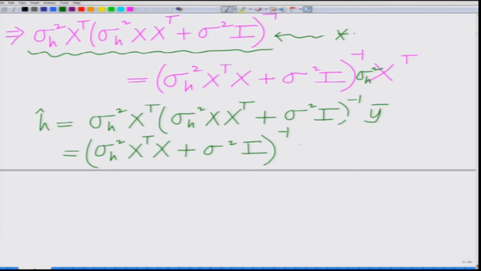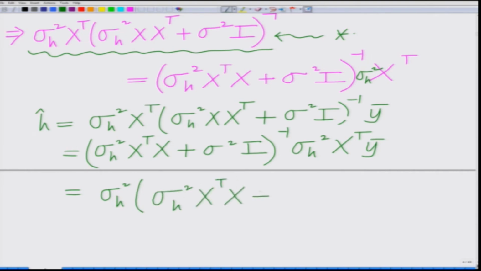So, I can multiply it anywhere. So, sigma h square x transpose y bar. In fact, I can simply bring the sigma h square all the way to the left. I can write this as sigma h square times x transpose x plus sigma square identity inverse into x transpose y bar, that is your h hat, and this